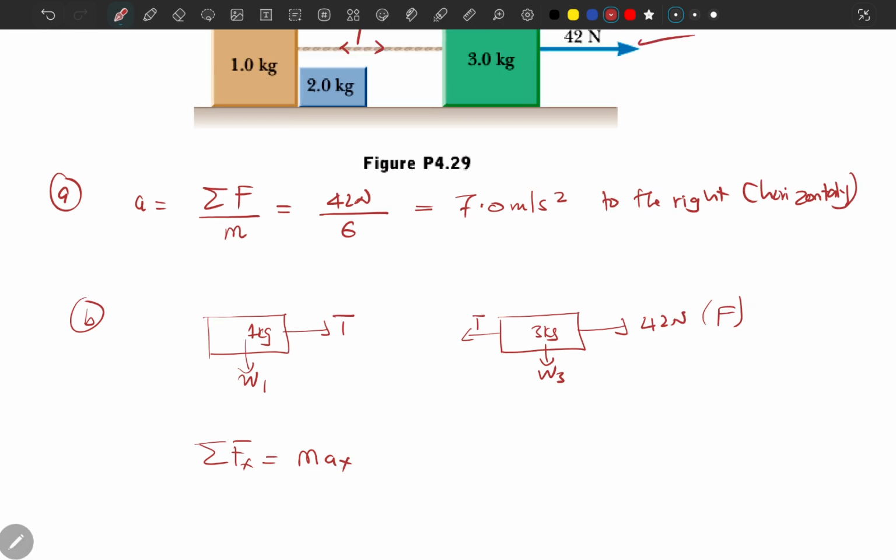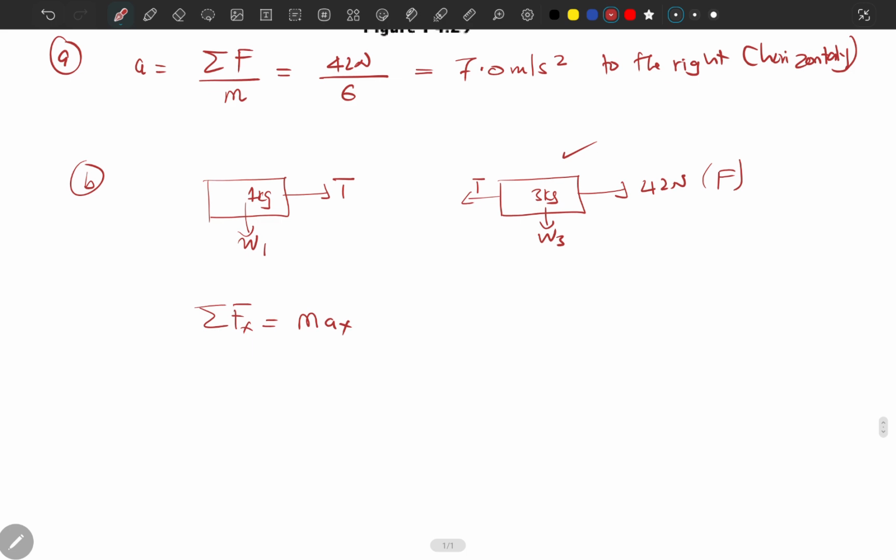So which block do we focus on? We focus on the bigger one, because this block has the force F, which is pushing to one side, and also the tension, which is pulling in the opposite direction to the motion. So we focus on the 3 kilogram block. Here, the sum of forces: the force F is going in that direction, then minus the tension, is equal to ma. So F is 42 minus T is equal to mass 3 kg times the acceleration we already found, which was 7. So this will give us 42 minus T is equal to